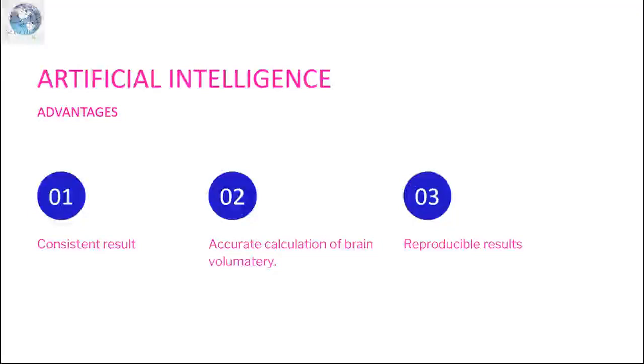Artificial intelligence may be the solution to provide more consistent, accurate, and more reproducible results. Using deep learning, the CNN algorithm permits an automated pipeline to be run and measure a larger amount of data in a shorter period. This technology can also reduce the need for human intervention, which is time consuming and also prone to error. However, ensuring that the AI algorithm is properly validated and tested before being implemented in real-world